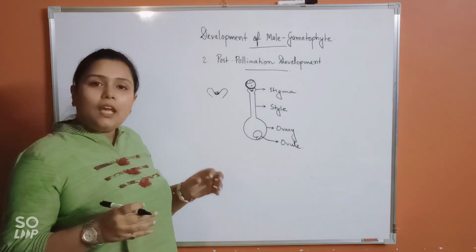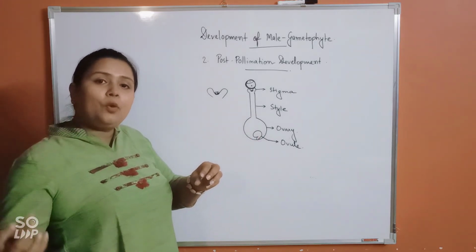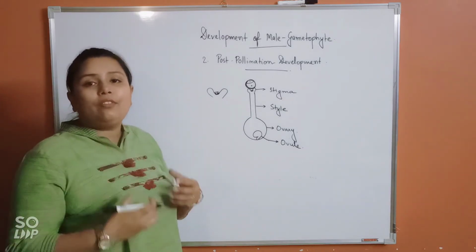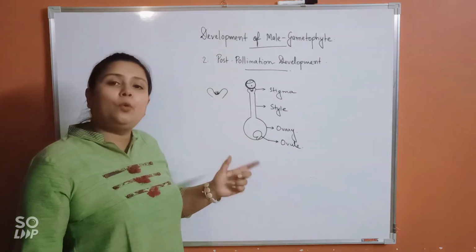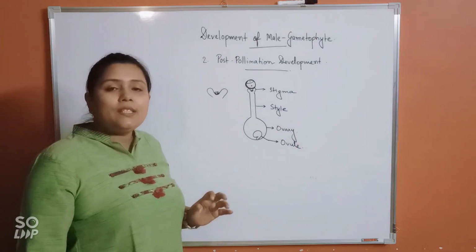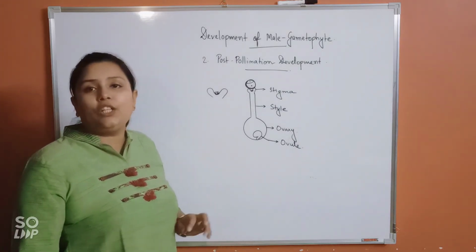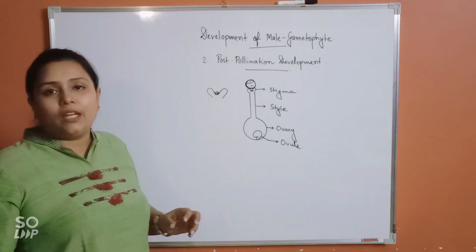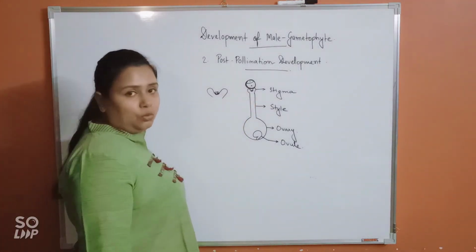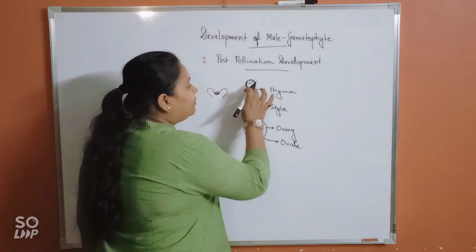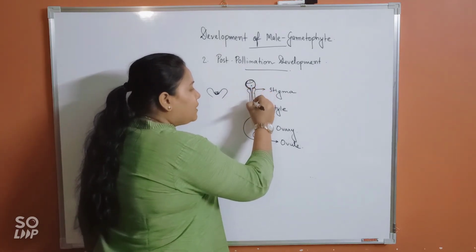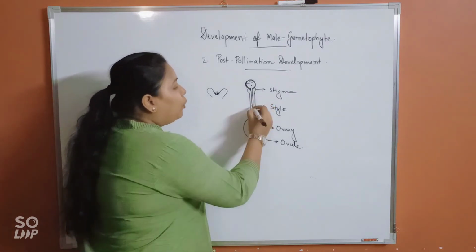So that means here some proteins from the pollen and some proteins from the pistil have come together, they will intermingle, and they will decide upon the compatibility of the pollen and the pistil, whether they are compatible or not. Once compatibility is found, only then the pollen tube will germinate. Otherwise, the pollen grain will simply degenerate. Alright? So, suppose compatibility is found. In that case, what would happen? From one of the germ pores present in the pollen grain, the pollen tube will arise.